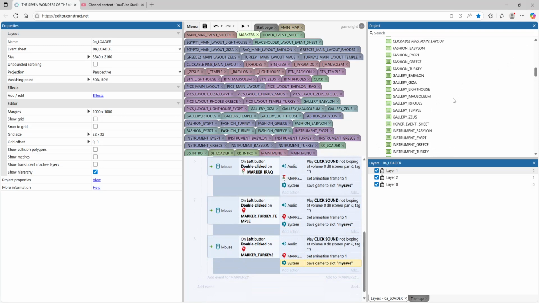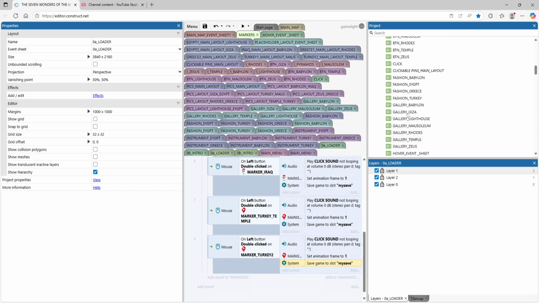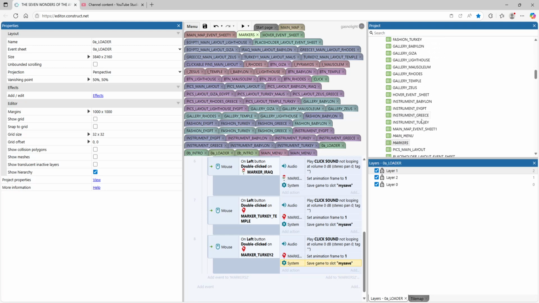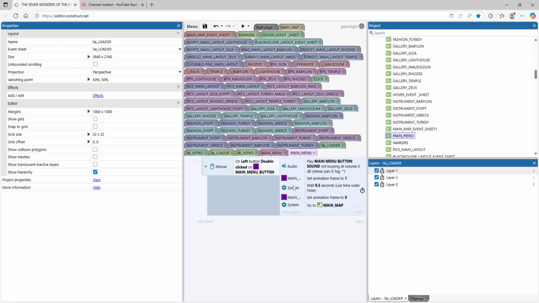Okay, so next you want to go to your main menu layout, because you want it to load now, so you want to load it every time. Say if they closed it by accident, you want it to load on the actual one they clicked on last. So you want to go to the main menu layout event sheet, sorry, and underneath,